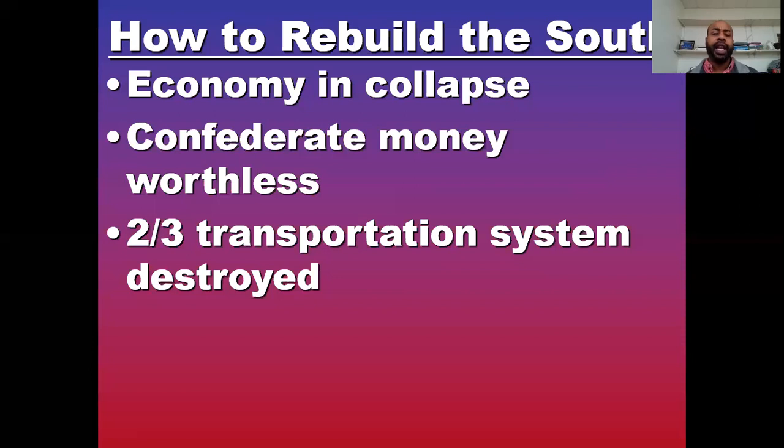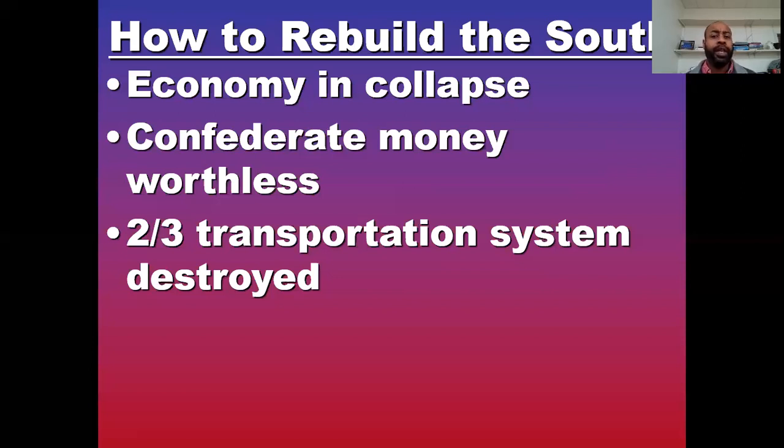So the question is, how do we send economic aid down to stop the people from starving? How do we take care of the wounded? Now we have to go back and rebuild. The economy in the South has collapsed. There is no more slavery with the passing of the 13th Amendment and adding that to the Constitution. You have 4 million new freedmen, as they were called, who are now basically refugees as well. Most of them are illiterate and can't count or read. That's a lot of people to try to take care of.